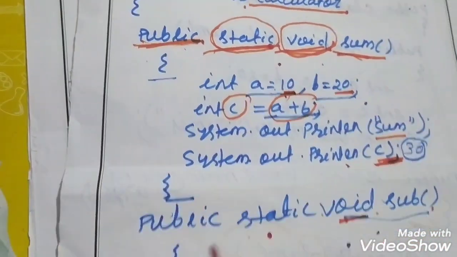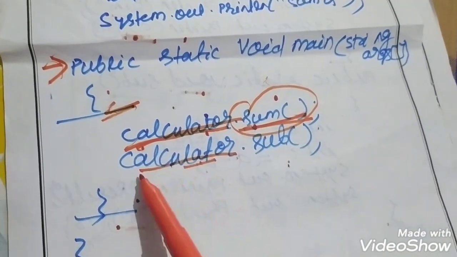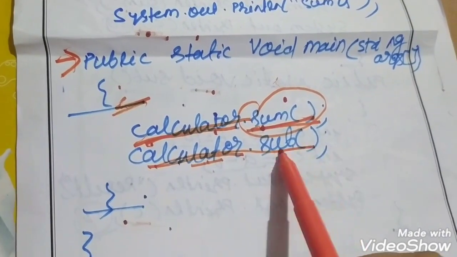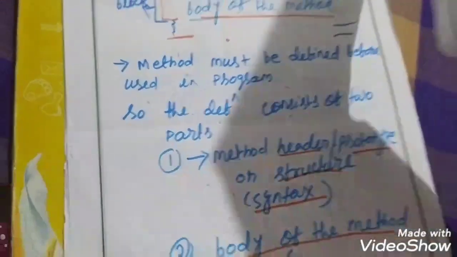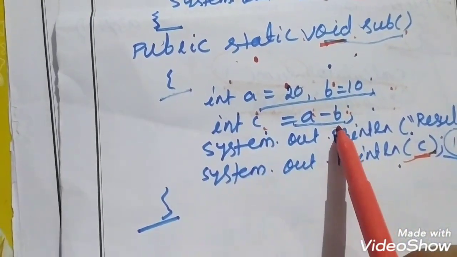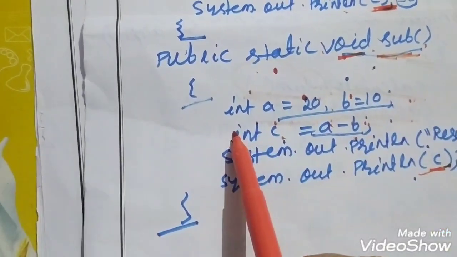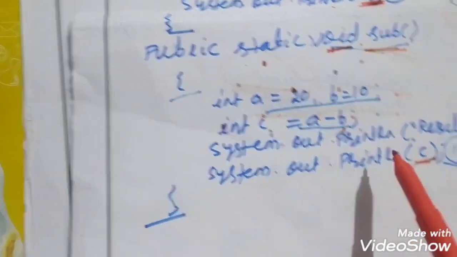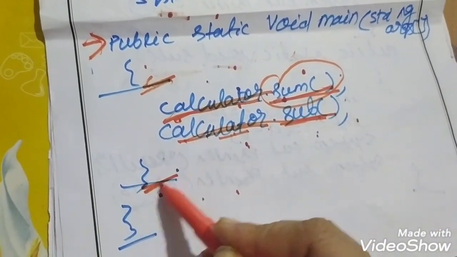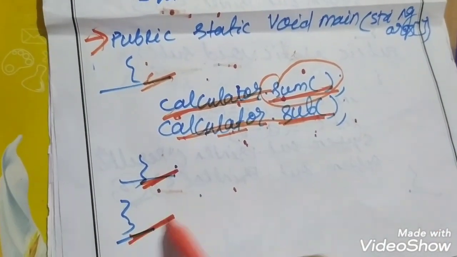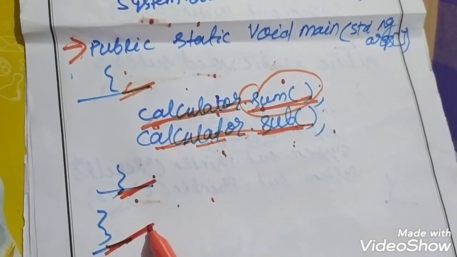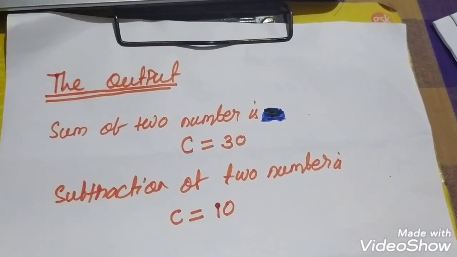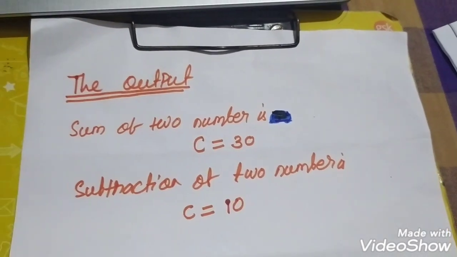Now the control again comes back to the main method. There it again has to see the second method. The control sees the second method. Now again it searches for the second method, subtraction. Where it will subtract, see the sub method, the control comes here, finds the subtraction, and shows the result. Then again the control comes back to the main method, ends here, and the program needs to end here. In such a way it has to be executed. Okay. So how it will be executed, from the output you will be more clear.